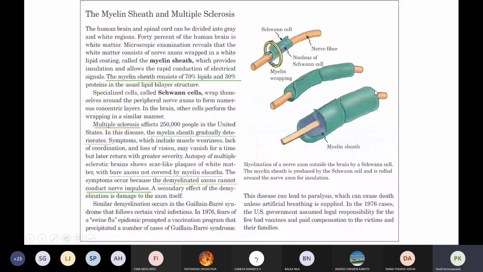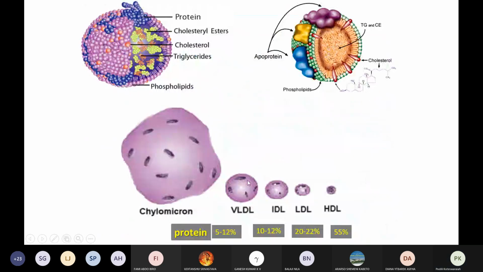I think many of you have already known that VLDL, IDL, LDL, HDL, all these are lipoproteins. They are involved in the transport of lipid in the watery blood, from the liver to the extrahepatic tissues, or the extrahepatic tissues to the liver. So mainly the HDL is a good cholesterol. It is mainly involved in the transport of